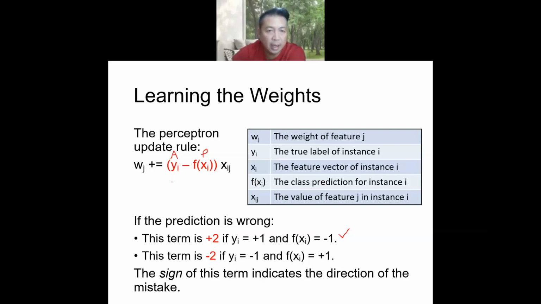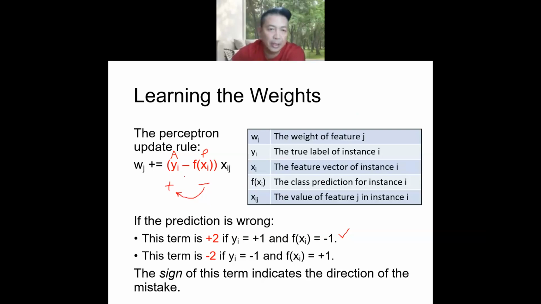If your actual is positive but your predicted is negative, so you want to move towards this one, right? So this one will become, because you want to move towards positive,